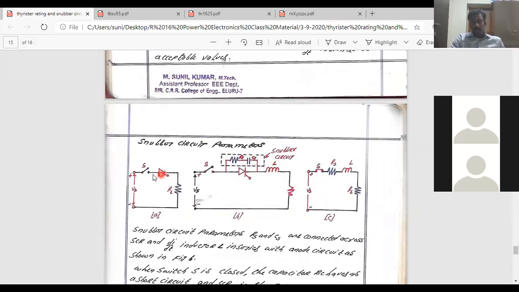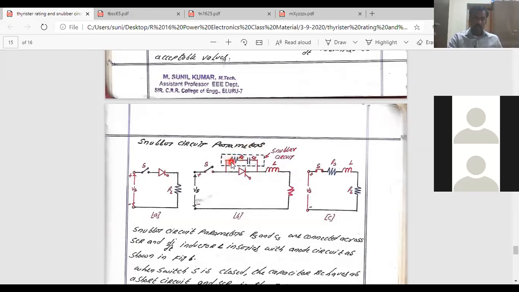Okay, so a normal SCR is connected to a load provided with a voltage source of Vs, positive and negative. To this, we need to consider the protection circuit. The protection circuit here is going to be simply connecting a capacitor in parallel and an inductor in series. Inductor serves as a di by dt protection. Capacitor serves as a dv by dt protection. Okay, but what is the need for this resistor here?